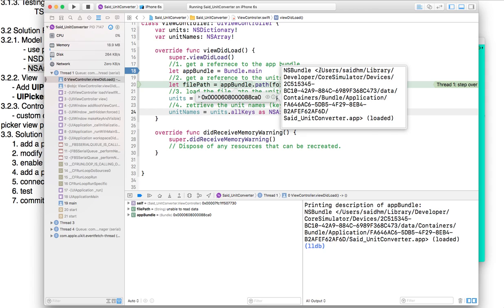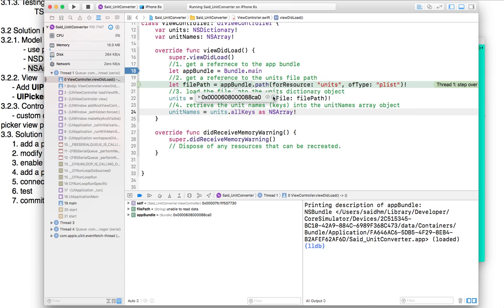It starts from here, /users, and that's the path to the simulator, and on your computer it will be different. And then all the way at the end, this is the app file. This is your compressed or zip file for your app. So now we have the actual path to the folder. If I make another step over, now I have the path to the actual file, and you can see it